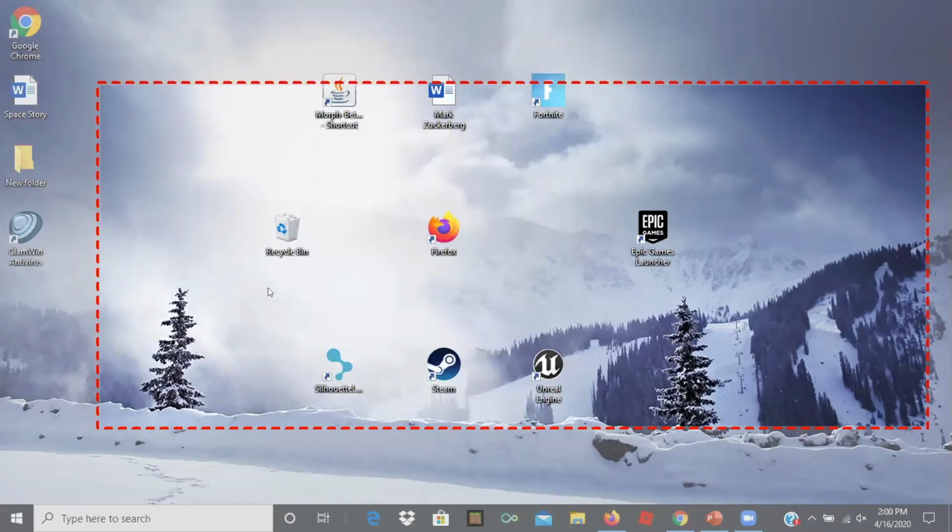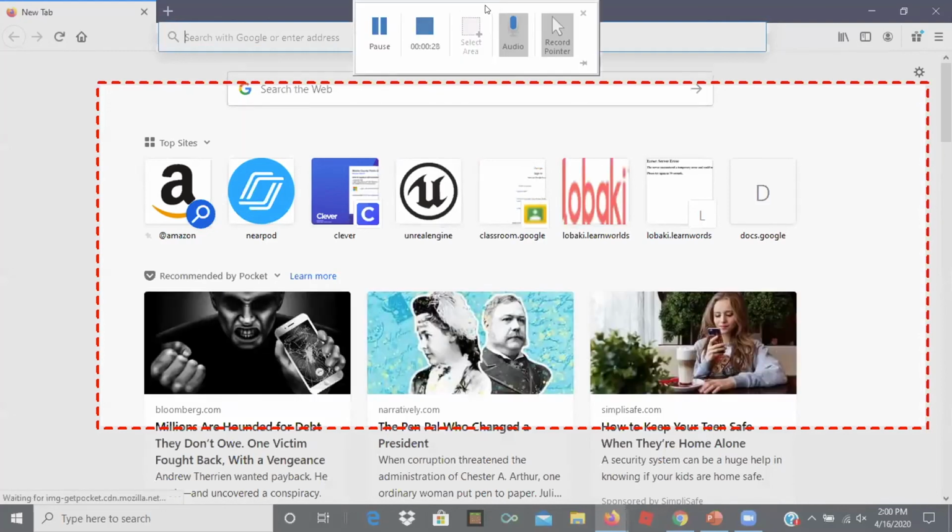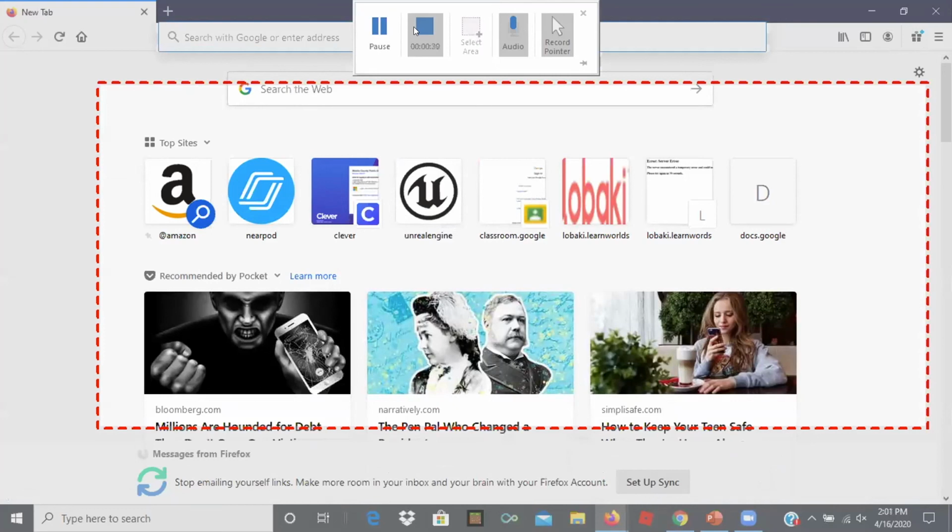But at this point, anything that I do on this screen is now going to be recorded, and it's also picking up my voice. So for example, I'm just launching Firefox here, and if it takes too long, I won't do it. But okay, we've done a few things on here. Now I'm going to hover up to the top and hit stop. I could pause if I needed to and then pick back up, but in this case, I'm just going to